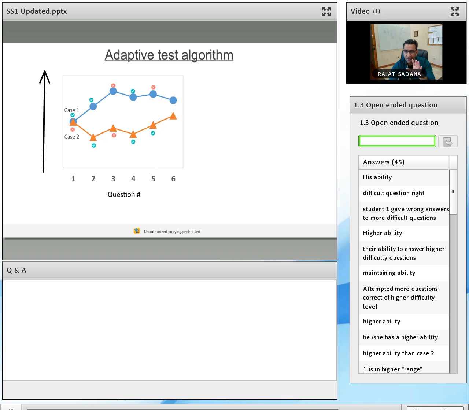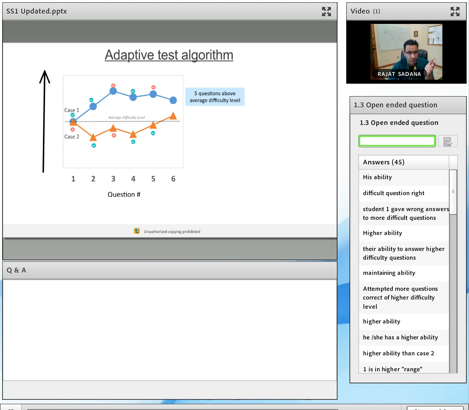What I'm really happy about is that a whole lot of you did not answer, "because you got the first questions right." No, that is not the reason. That is an observation. It's not the reason. The reason student 1 is doing better is because he answered more difficult questions correctly. Now, one thing which is there is